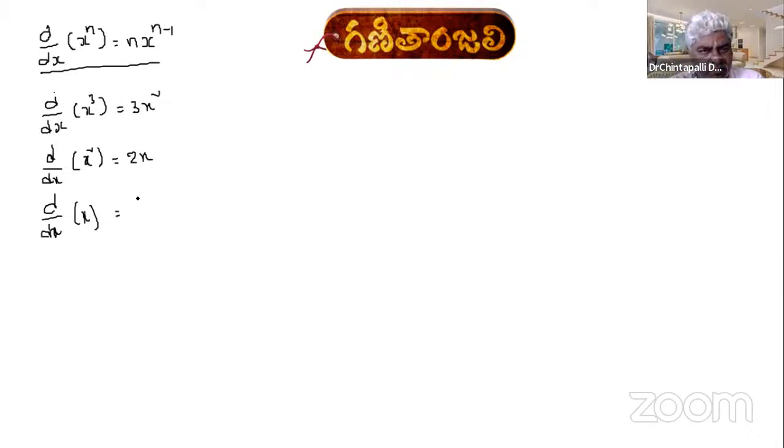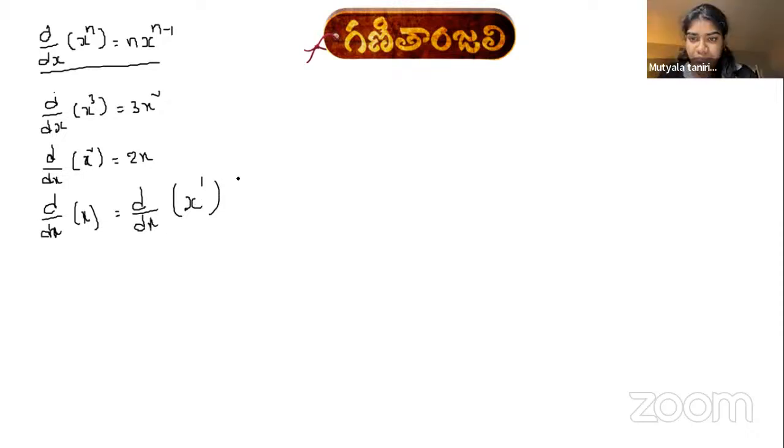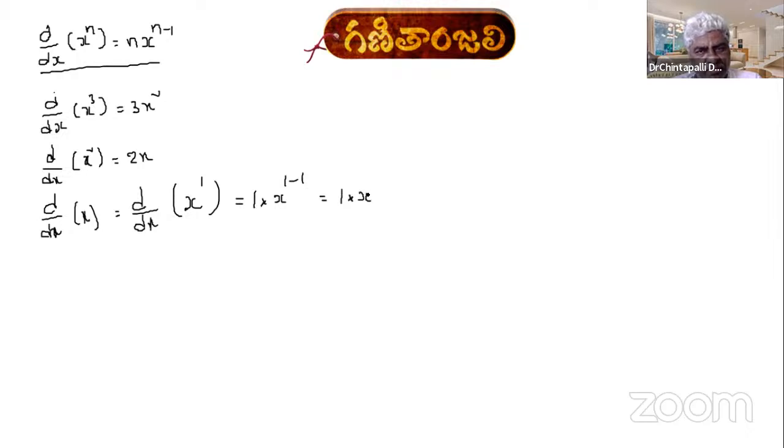Because x means x to the power of 1. When we use the same formula, it is 1 into x to the power of 1 minus 1, 1 into x power 0. X power 0 is 1, so it is equal to 1. Right. Very good. Now, what is derivative of